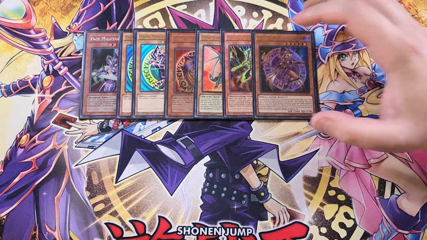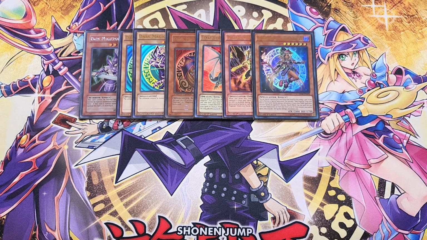This card is a great one-of in the deck and is actually a hand trap for the deck with the ability that you can special summon this card from your hand by discarding a card. And if this card is normal or special summoned, you get to add a Dark Magician from your deck to your hand,